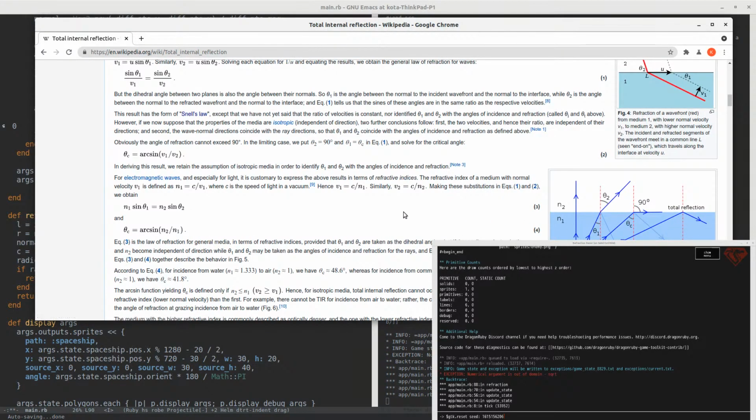And I feel like total internal reflection feels like it should always be the same angle, but I guess it's not. Obviously, refraction cannot exceed 90 for electromagnetic waves, so